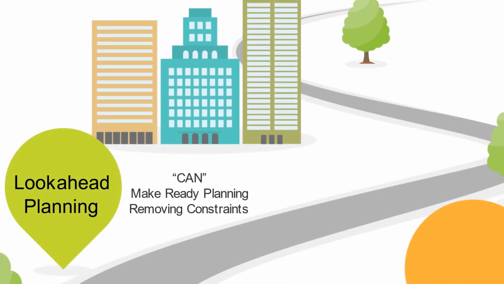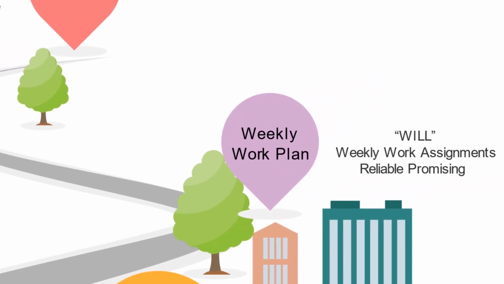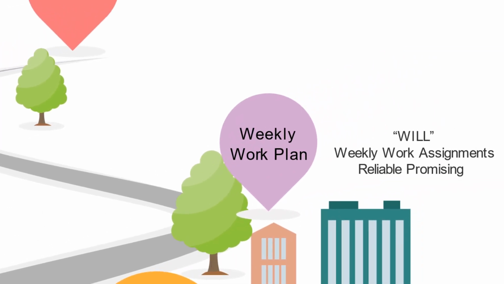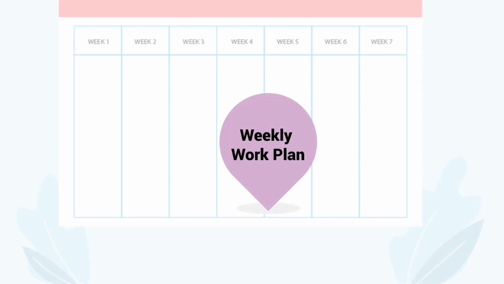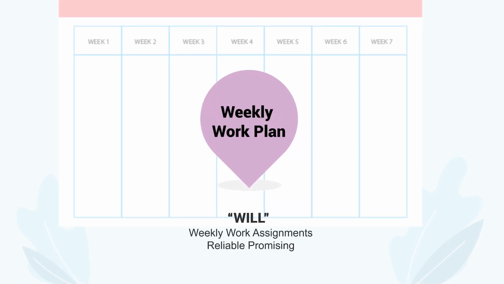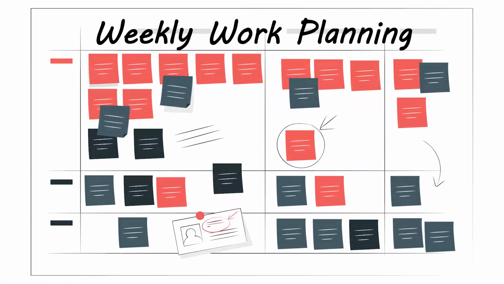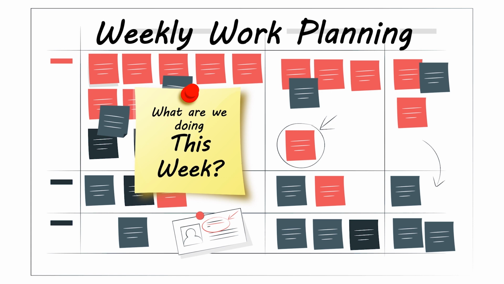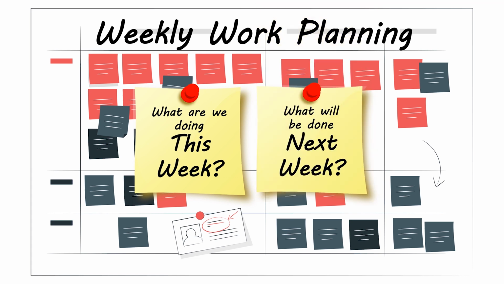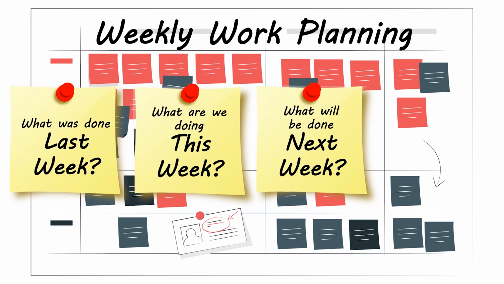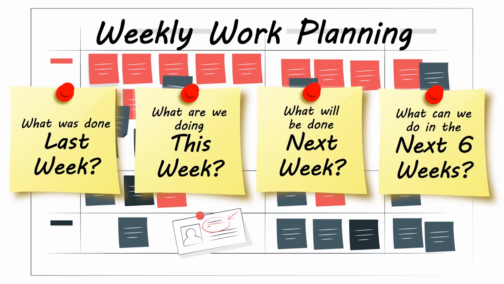Moving on to the weekly work planning. The weekly work plan focuses on what will be done shortly before performing work. In a weekly work plan, stakeholders should discuss the detailed upcoming activities for the week, as well as what's coming for next week. It should also touch base on what was done last week, identifying accomplishments and plan failures. Finally, it should also include the look-ahead plan for the next 6 weeks.